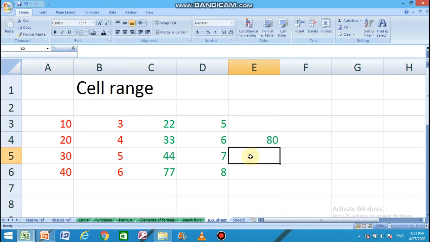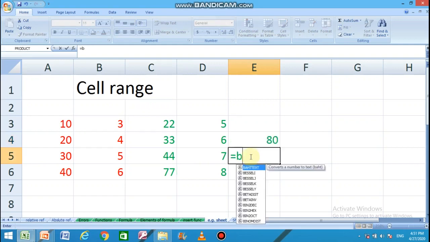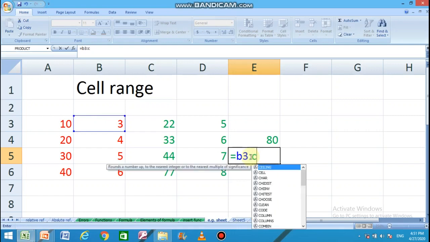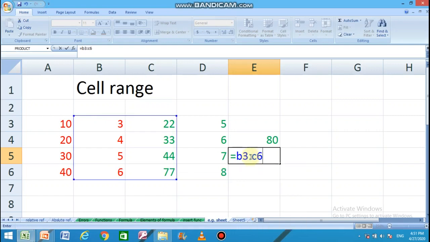But if we write B3 colon C6, then now you can see, as I have written B3 colon C6, all the cells starting from B3, this is B3, up to C6, all the cells from starting to the last are covered, packed together. This forms a range.